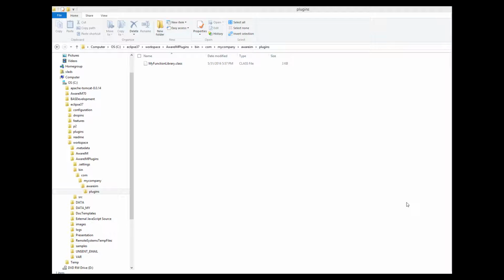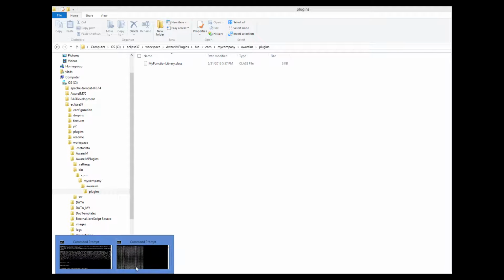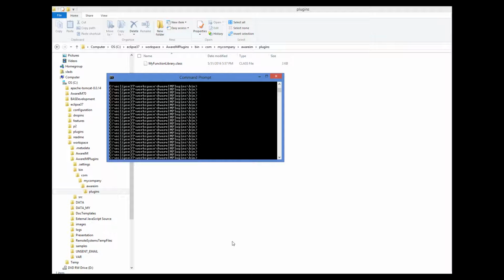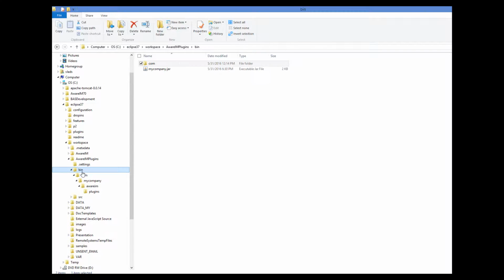So I have started the DOS command prompt and navigated to the Eclipse Where I Am plugins bin directory, which is the root directory of our class files. Now we will add the files into the jar archive by using the following command. This will add all class files to the archive called mycompany.jar. So we run this command, and when we go to the bin directory, we can see the jar file created